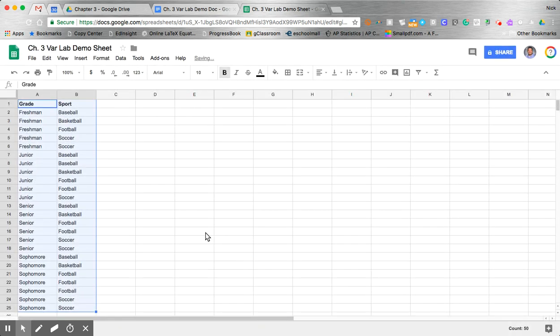So we click sort, and you can see here, there's one freshman that likes baseball, one freshman likes basketball, one freshman likes football, two freshmen like soccer. Then it goes to the juniors because it's alphabetical. One, two like baseball, one likes basketball, two like football, one likes soccer. So it's kind of nice. You can kind of see how that works. And if you wanted to, you could count them all up, and then you could create your contingency table or